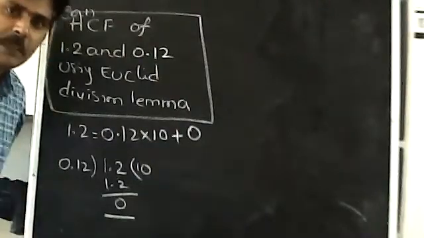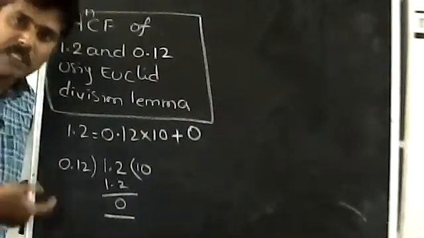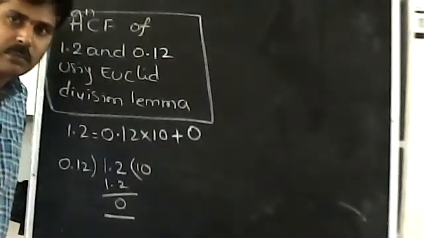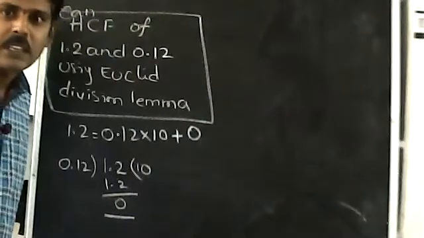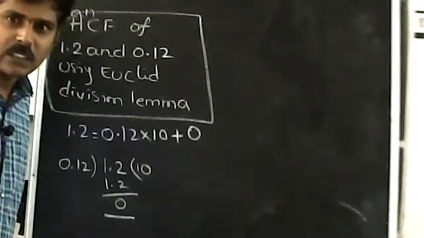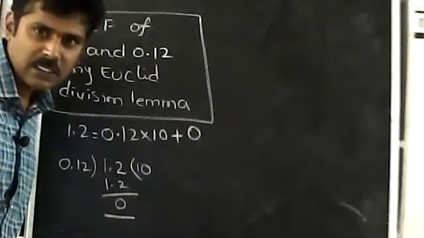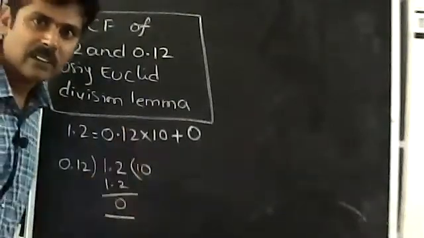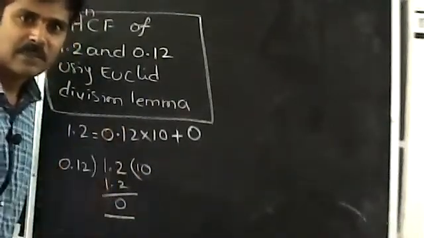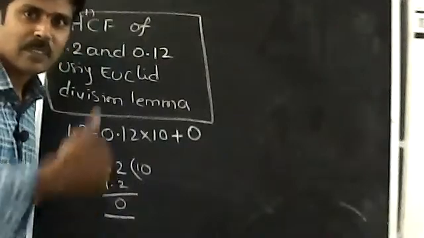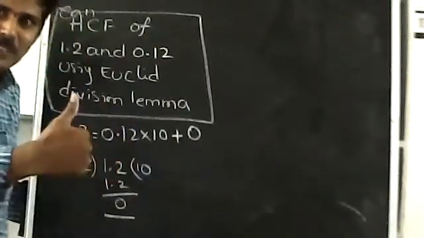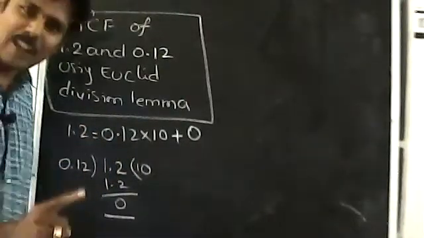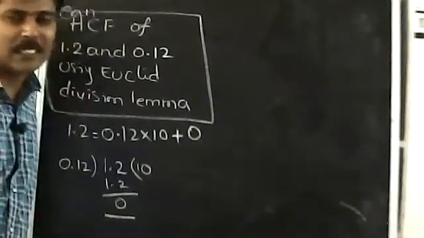Will you agree with Satvik? Or anybody else to comment? That means a counter example. Do you agree with Satvik? If you agree with Satvik, just show the thumb, not hand. Yes, Rohit Reddy, yes. Thumb. I need the thumb. So thumbs are 24, 25. I need at least one who has to counter Satvik.